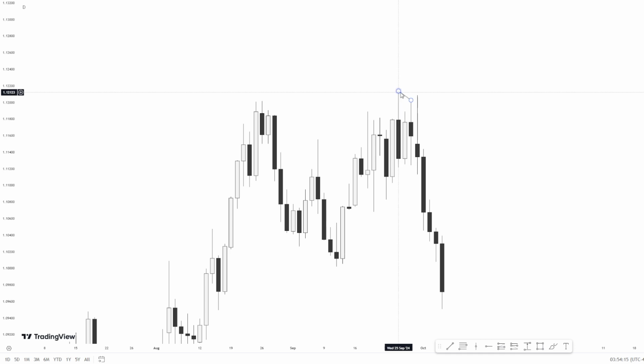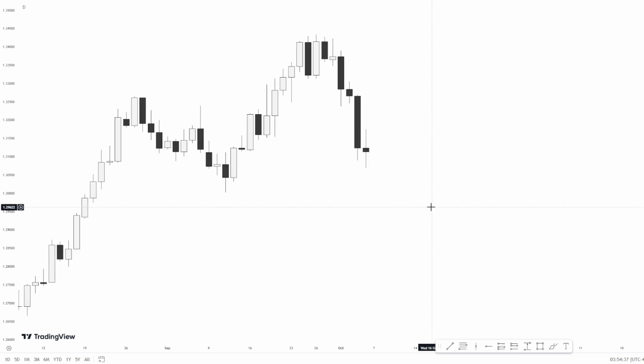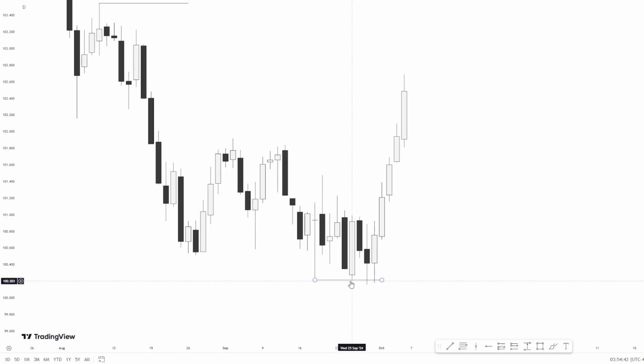So it just made sense going into Tuesday due to how Monday traded and the SMT we had with the dollar as well. So coming into the new week, this was Friday, we had an indecision candle. So Monday opened, Monday took out Friday's high, and we had a reversal. So going to the dollar, as you can see, dollar took out these lows, whereas Euro USD failed to take out its highs. So this was SMT, as you can see, this was SMT.